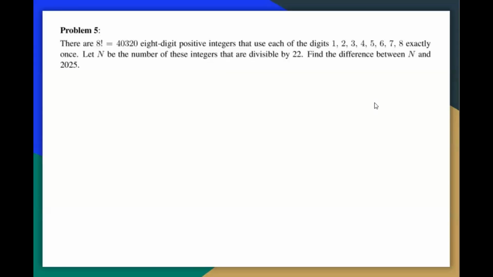So we have now number 5 from 2025 AIME 1. The problem says there are 8 factorial 8-digit positive integers that use 1 through 8 exactly once, and N is the number of these integers that are divisible by 22, and we want to find the difference between that N and 2025. So it's straightforward, but even though they provide this one, it's kind of not